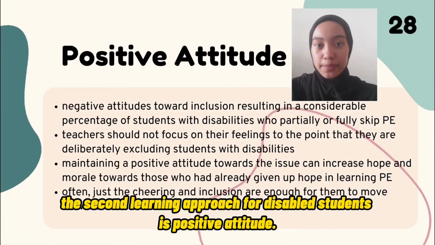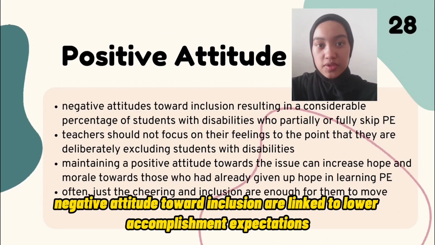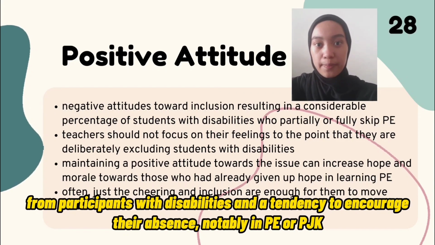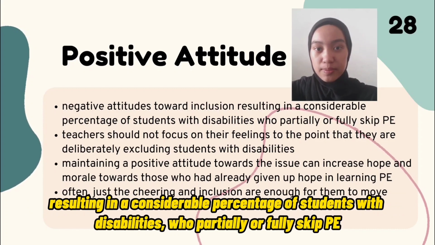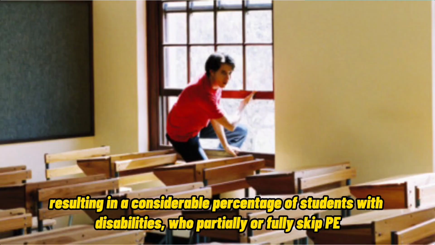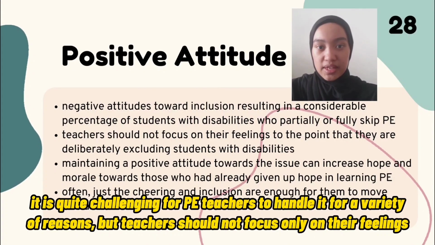The second learning approach for disabled students is positive attitude. Negative attitude toward inclusion are linked to lower accomplishment expectations for participants with disabilities and a tendency to encourage their absence, notably in PE or PJK, resulting in a considerable percentage of students with disabilities who partially or fully skip PE. It is quite challenging for PE teachers to handle it for a variety of reasons, but teachers should not